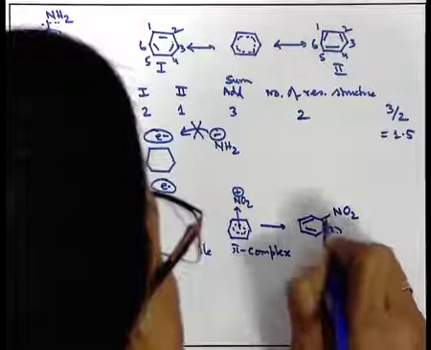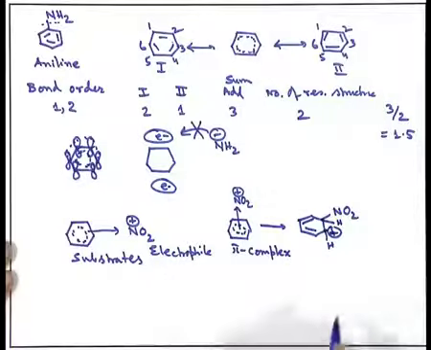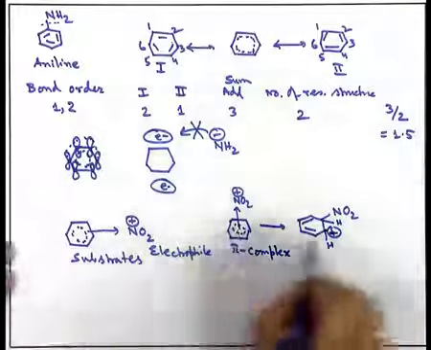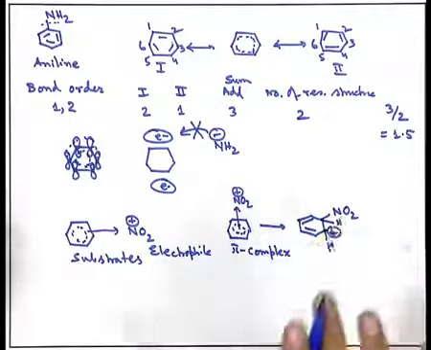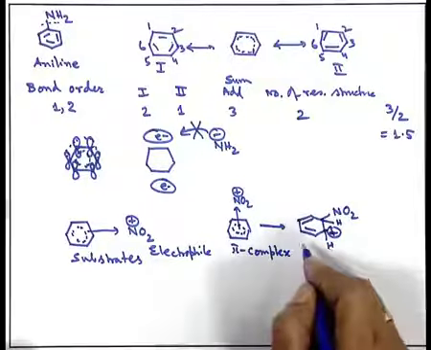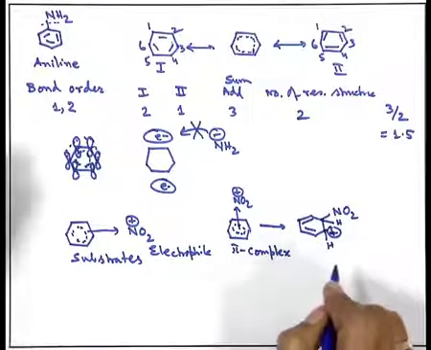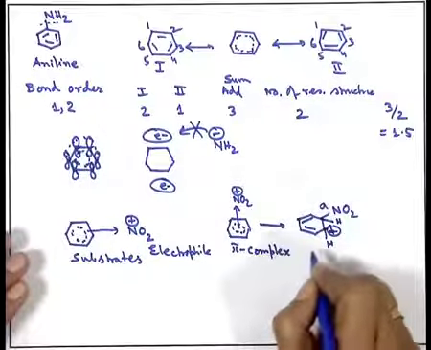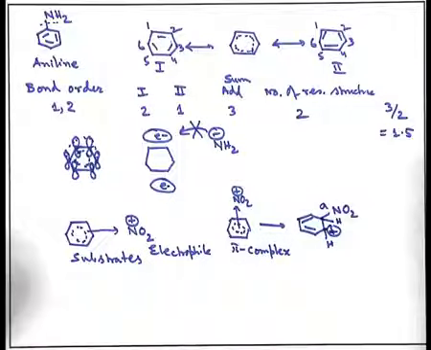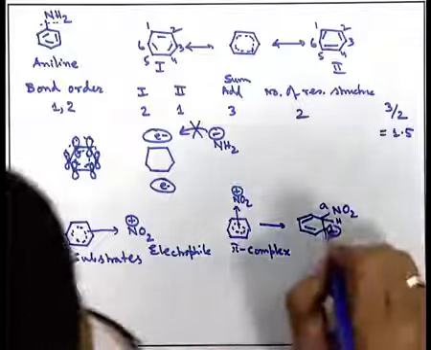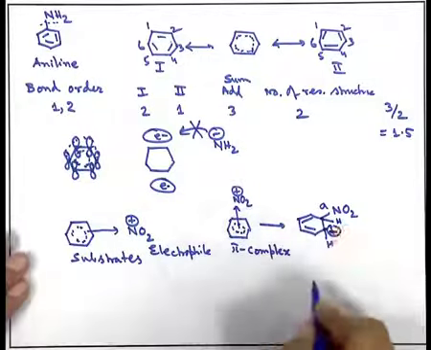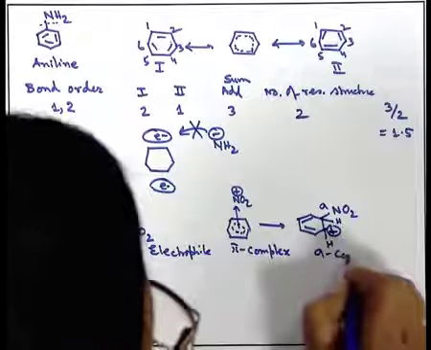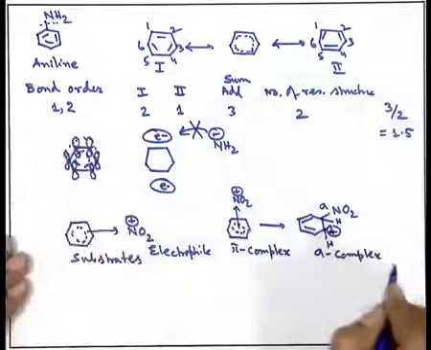There is a hydrogen over here, there is another hydrogen on this side. So, there will be a direct NO2 connected with the benzene ring. So, we have got some species where the aromaticity of the benzene ring is temporarily lost. At the same time, a new sigma bond is being formed between the carbon and the nitrogen of the NO2 group. Again it is a complex, it is not stable in that way, it is not a neutral molecule. So, this type of complex is called a sigma complex, because a sigma bond is being formed.